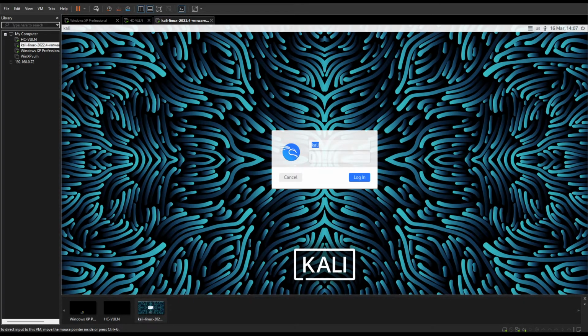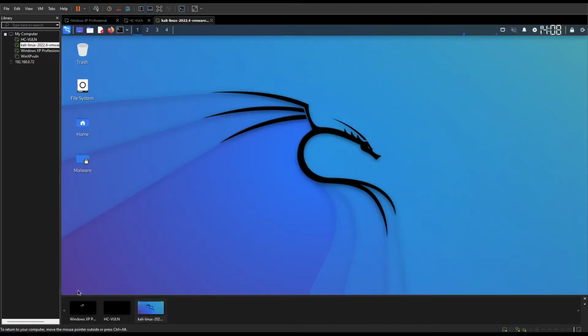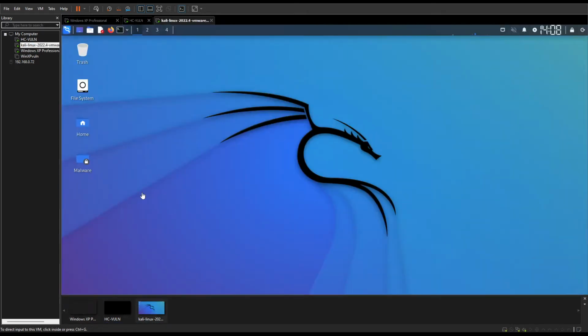So here you can see that I've got a version of Kali Linux running, so I'm just going to log in to that. And while that's logging in, I'm going to switch over to a Windows XP virtual machine. As you can see here, the IP address for the virtual machine is 192.168.75.130, and if I switch over to the Kali machine